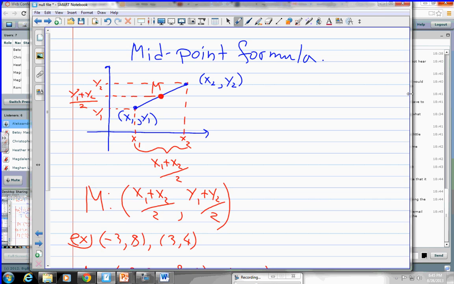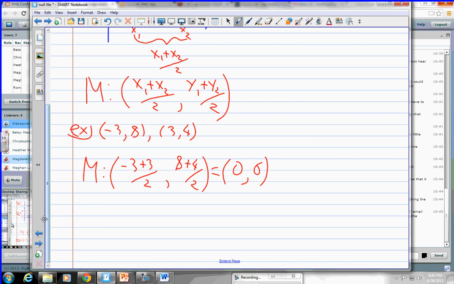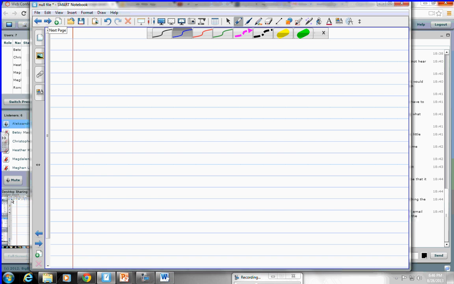0, 6. Any questions on these two little formulas? Good. All right. So the next thing, they'll come back today. So don't give up on them yet. You'll see this too later today, but